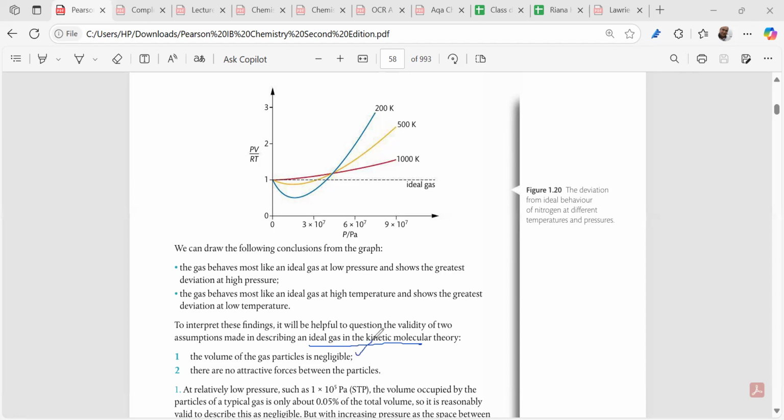The volume of the particles is negligible. There's no attractive force between the particles, right? Is it clear? So this we conclude from the ideal gas equation, that is the difference between the real gas and the ideal gas, right? Clear? Fine. Now tell me which